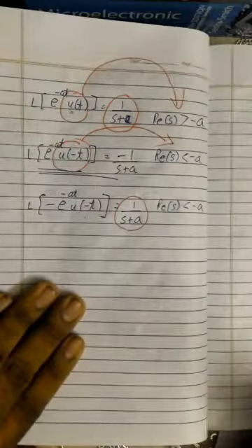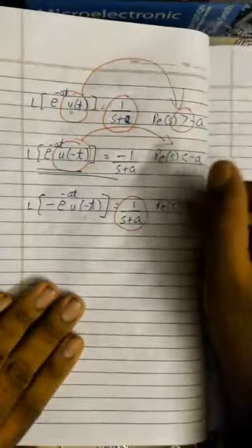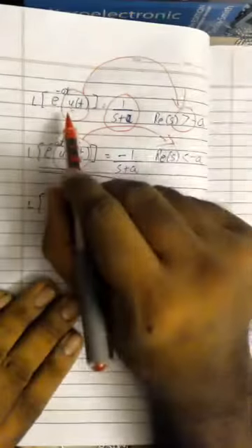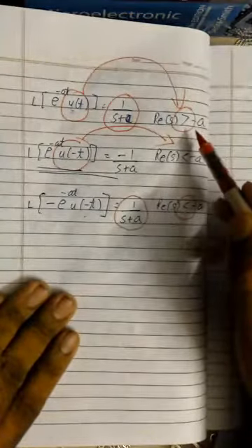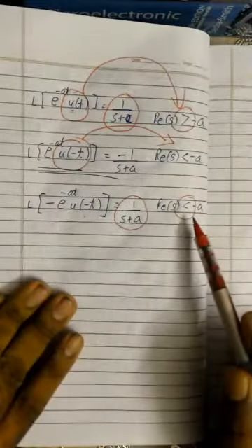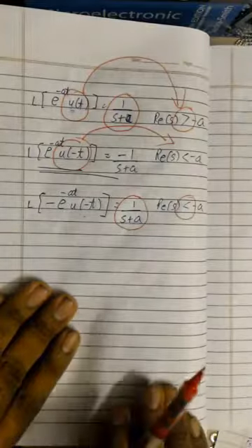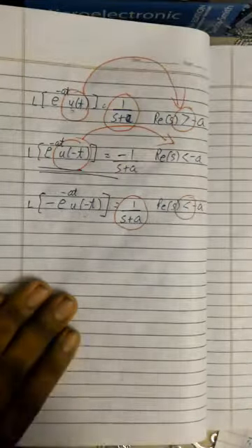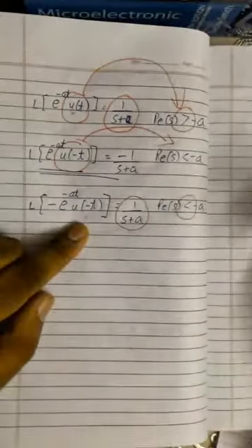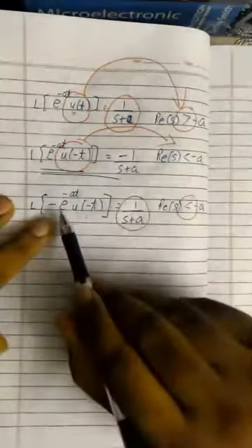So what is different? The ROC is different. Since this is a right-sided signal, the real part of s is greater than minus a. Since this is a left-sided signal, the real part of s is less than minus a. So in your given question, this is how you have to remember it. If it is a left-sided signal, what you need to do is multiply your signal with